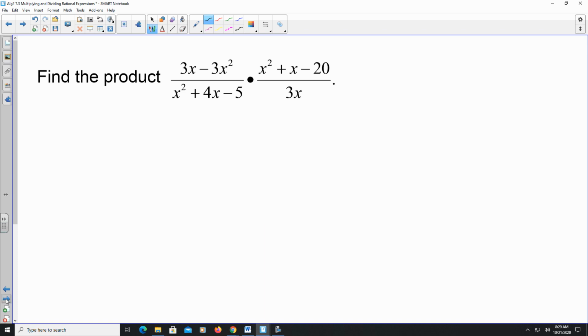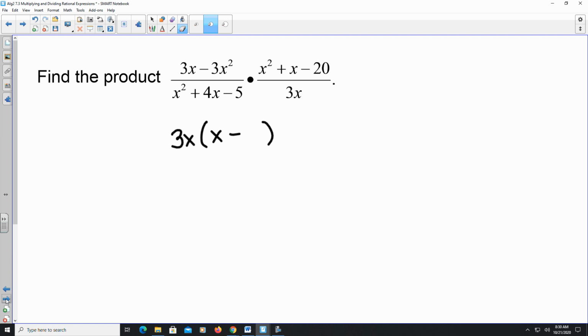What I have here is a series of trinomials. So what I would like to do first is see if I can factor out each individual numerator and denominator. See if I can cancel anything and then multiply it across. So looking at the very first numerator, I have 3x minus 3x squared. So what I'm going to do is write in 3x, and on the inside it's going to be x minus,